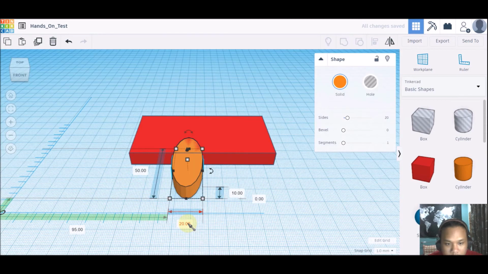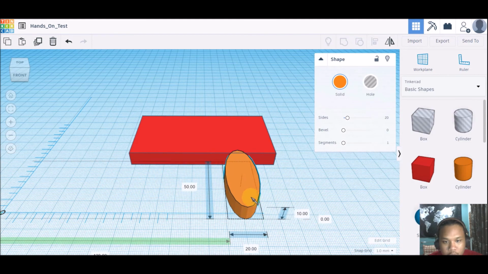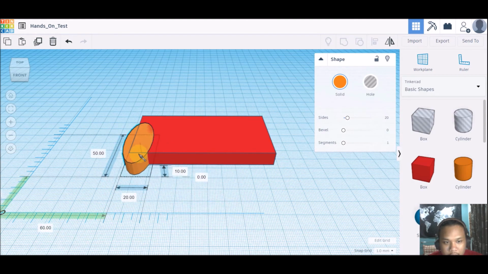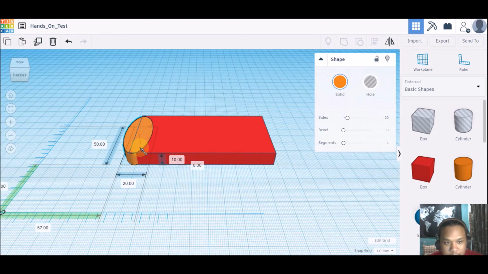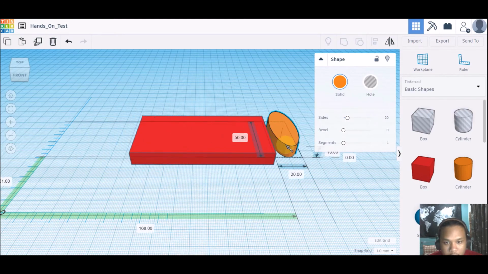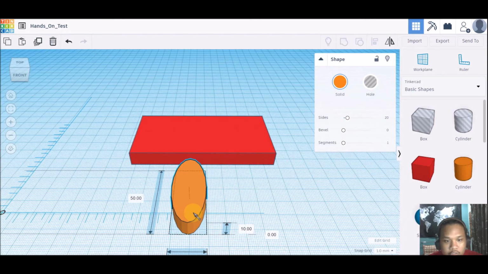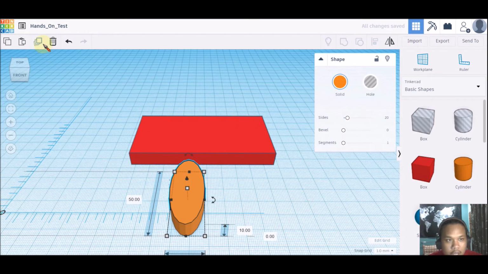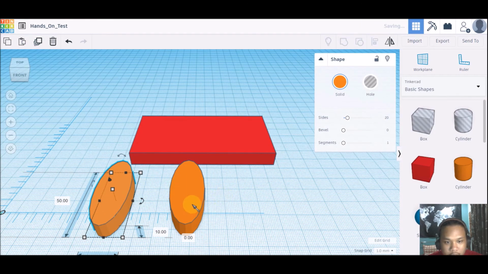Okay, let's stick to 20. Now I want to make the circle. I want to group the circle on both ends of the box. So first I need to duplicate. I just simply click the duplicate button right here, and then voila, I have a duplicate of this weird shape